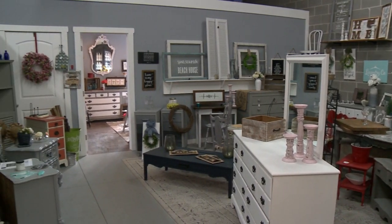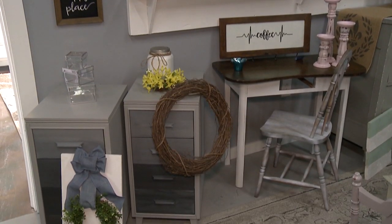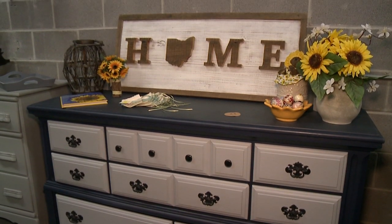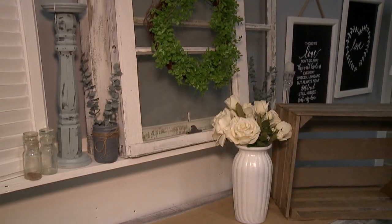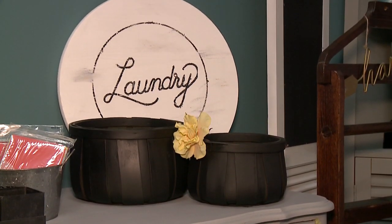First-time customer coming in, it's a little overwhelming because there's a lot of different things to look at. A lot of customers will come in and show us pictures of what their house looks like, and then they'll show us pictures of, say, Pinterest, of something that they want it to look like or feel like, and we can really get an idea of what their style is based off of that and help them pick what pieces would work from here, what will work from what they have, kind of combine it all together